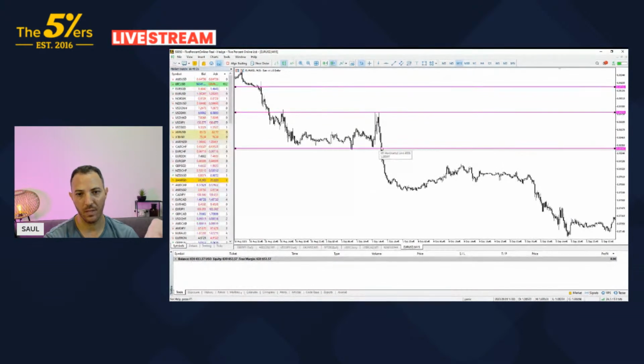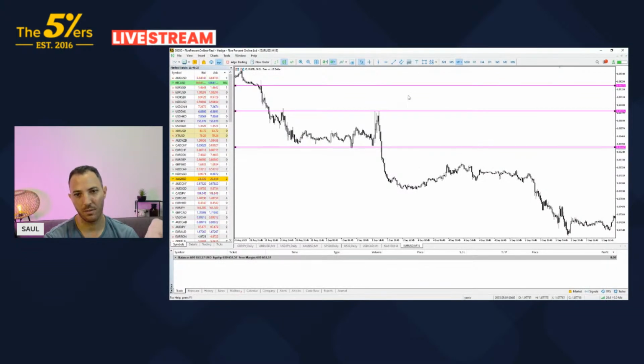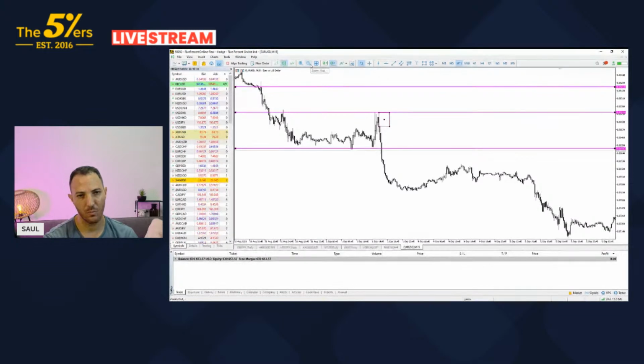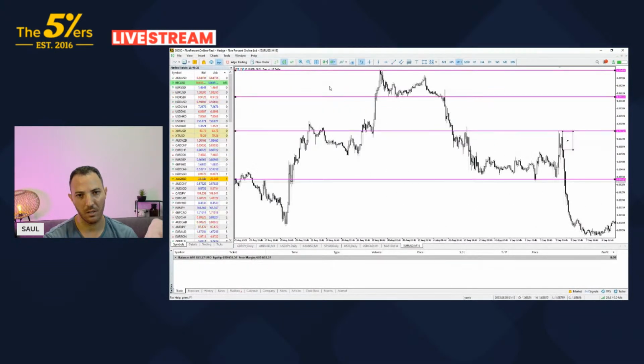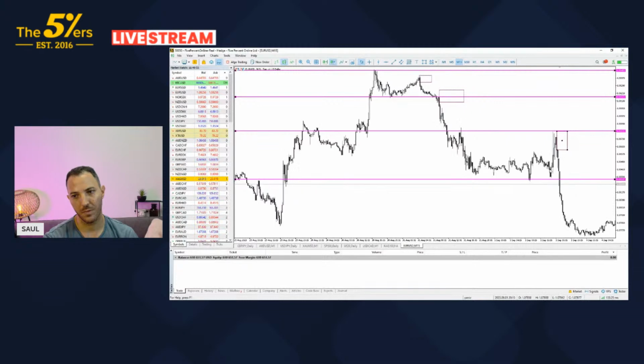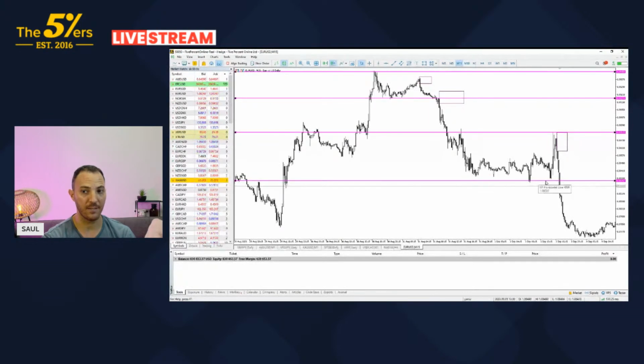Okay, so we have the break to the downside. That will be a good area, and then we have the top of the area, pretty much what we marked. And on the upper one, we have that one. That's a very nice one. And then the upper one, which is up here. So now it's just a matter of seeing how price reacts when it goes to those areas.